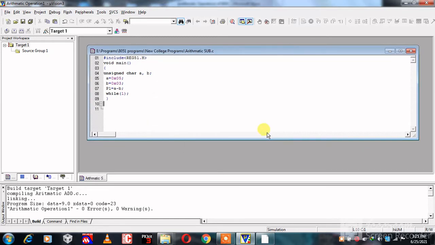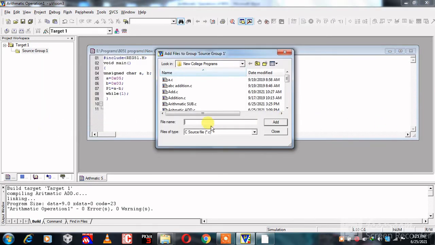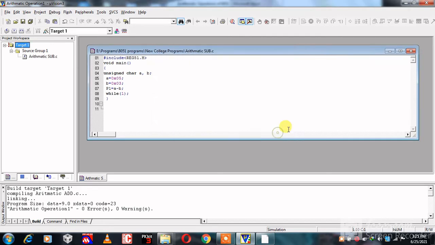Then click on save. Then right click on source group 1 and add this file. Here search our file arithmetic sub.c. Click on add and then close.